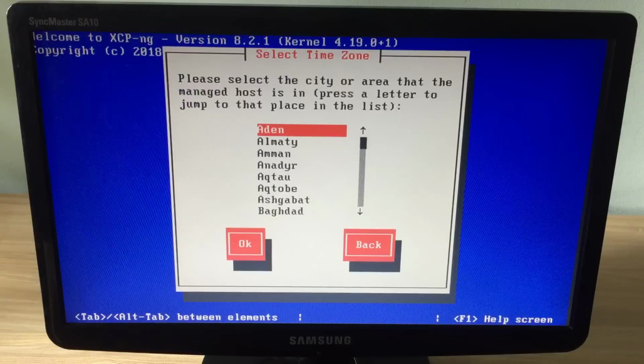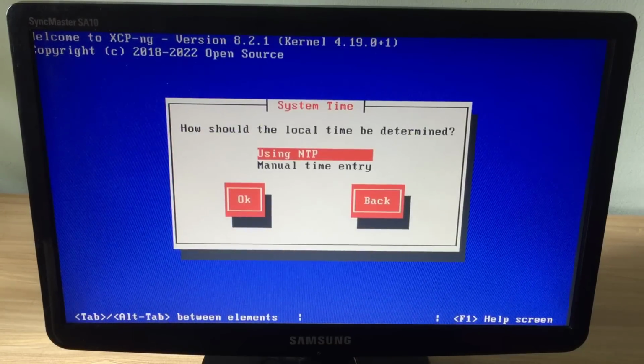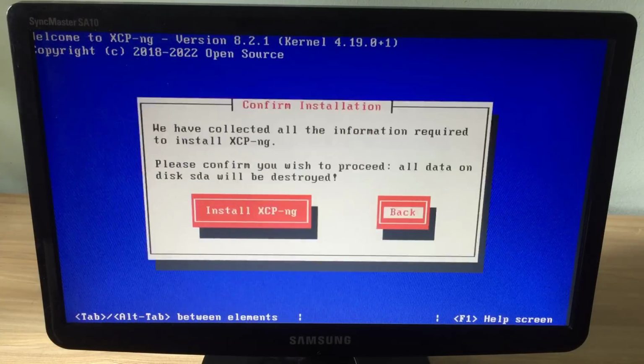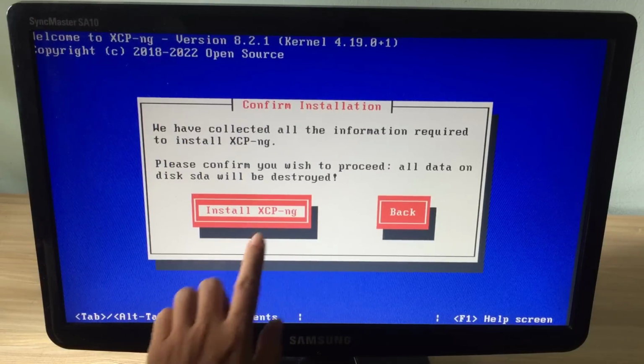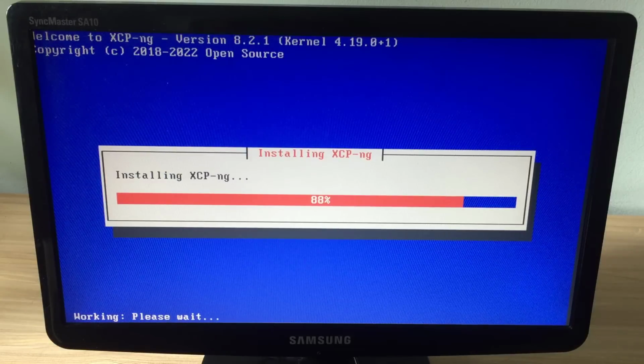Next is to set the correct time zone where you live. At this point, you have finished setting up the necessary information and started to install the XCP-eng operating system.